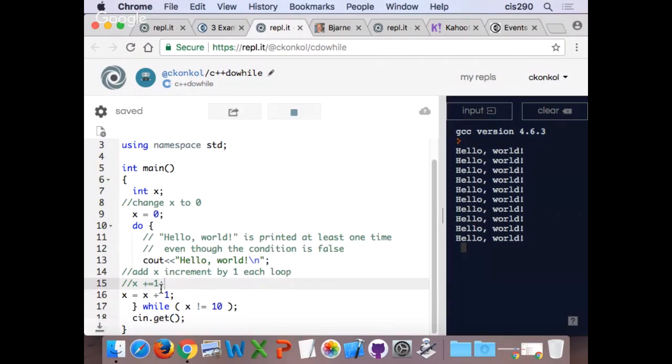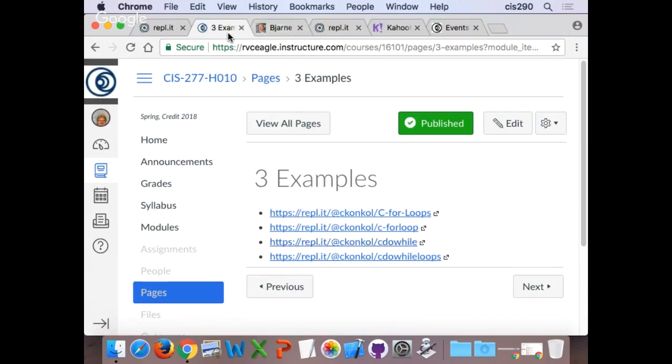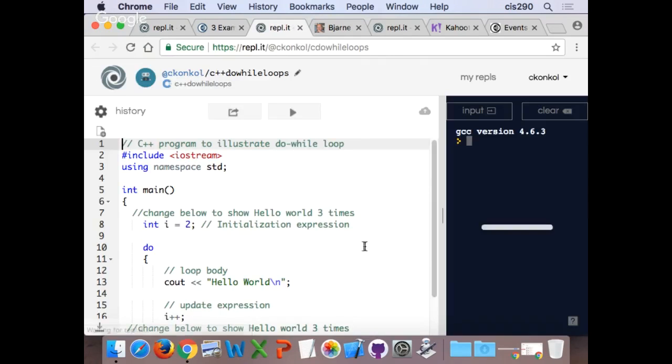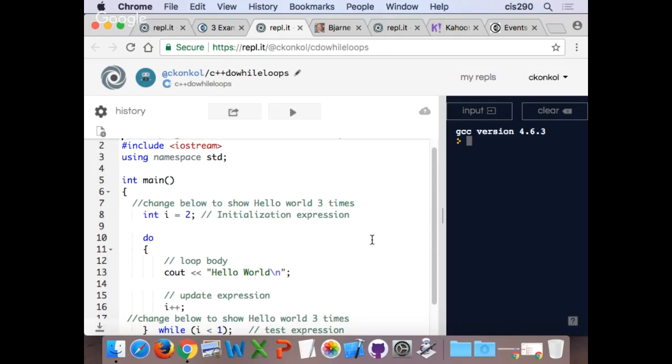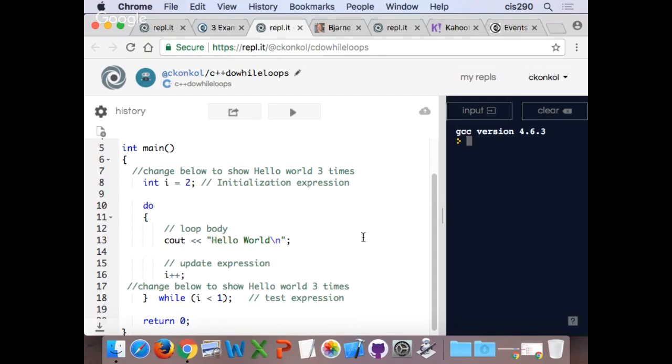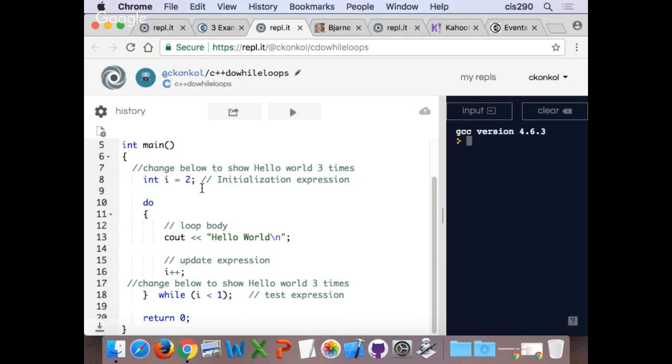Okay, so see the difference on the increments that you could use? Good. All right, let's do another example. Last example, which is another while loop, the fourth and last example. So this one again illustrates a do while. On this one, initialize i with a value of 2. And in the do while loop, it's going to output a hello world statement, do an increment, which is another way it can be done here as well, while i is less than 1.